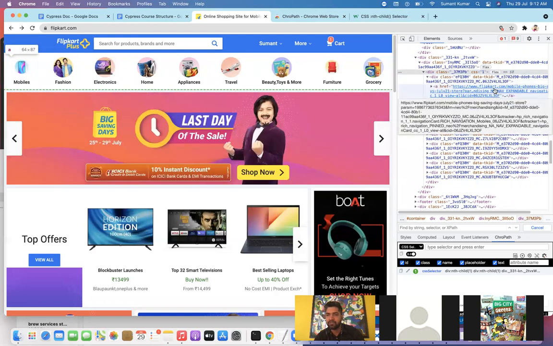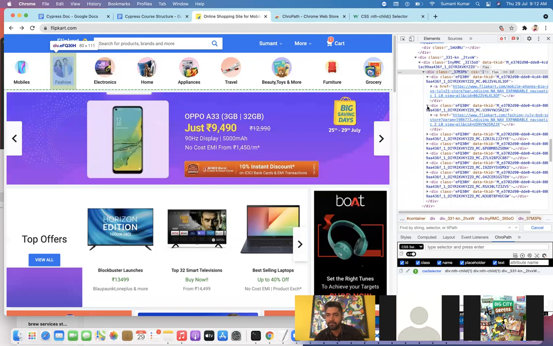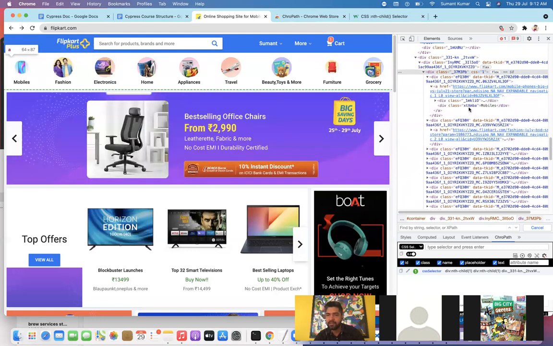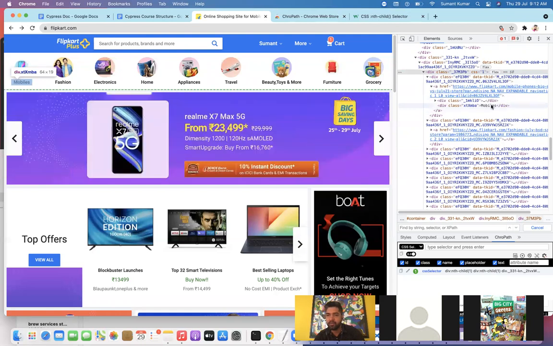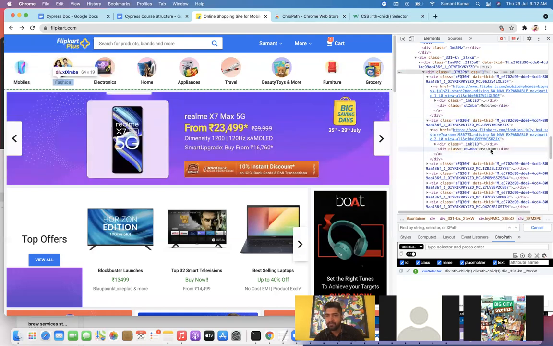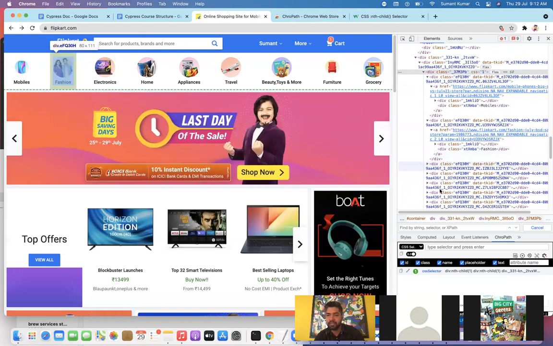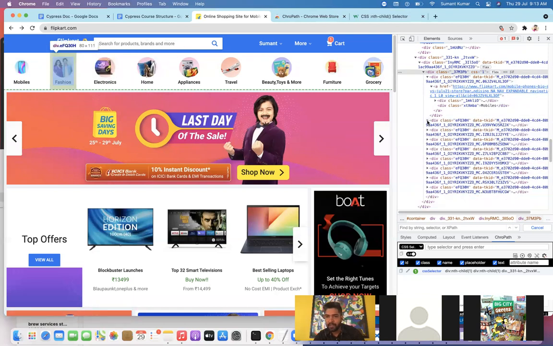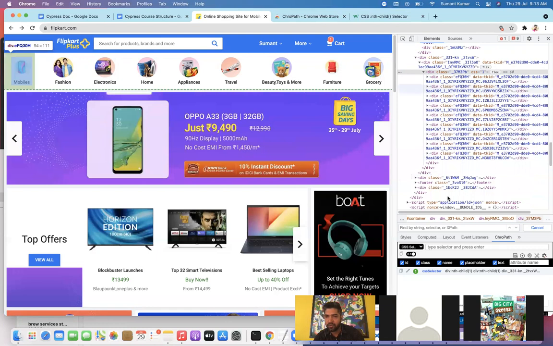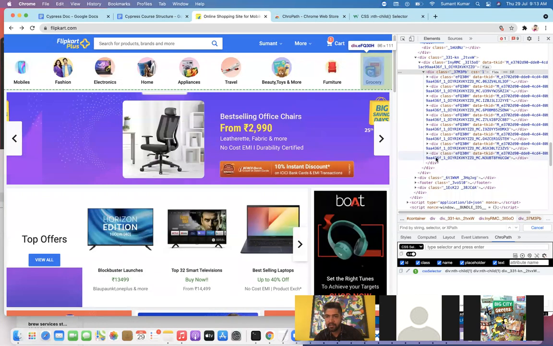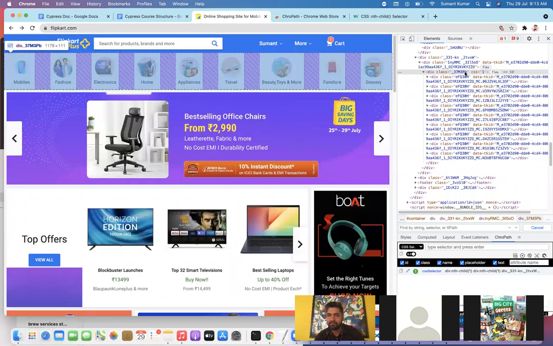So here we have the URL. This URL will differ for every element. You can see this is a different URL, this is a different URL. Again you go inside, you can see some image, or here you can see the mobile, and again you go here, you can see the fashion. Got it? So you have to pick which property is similar for all elements present here. So you have to go one by one, and after some time you will get to know, okay, these are all the 9 locators present inside the main class.